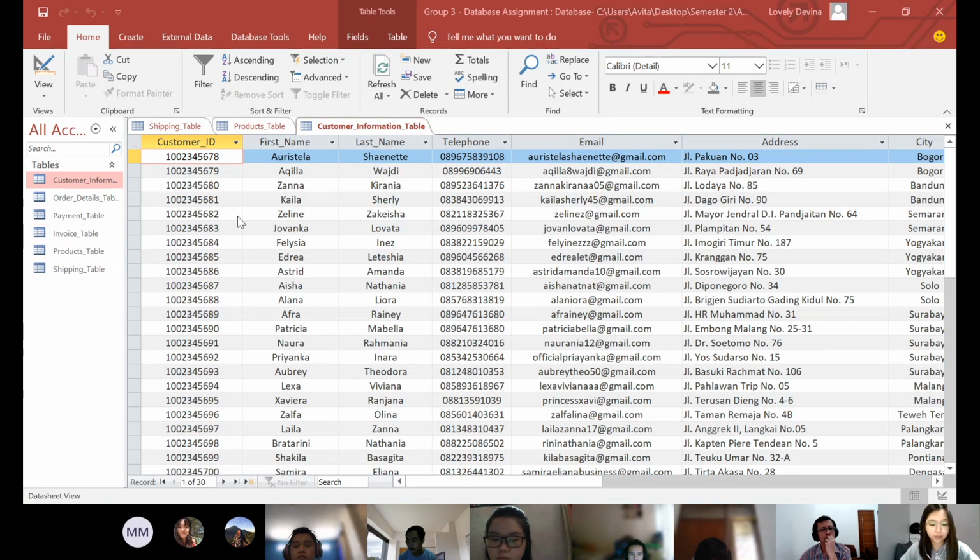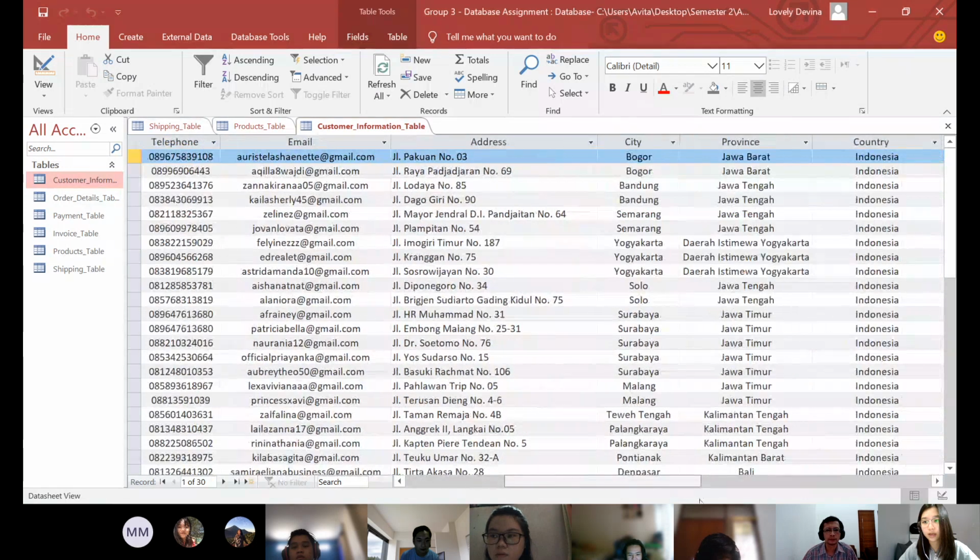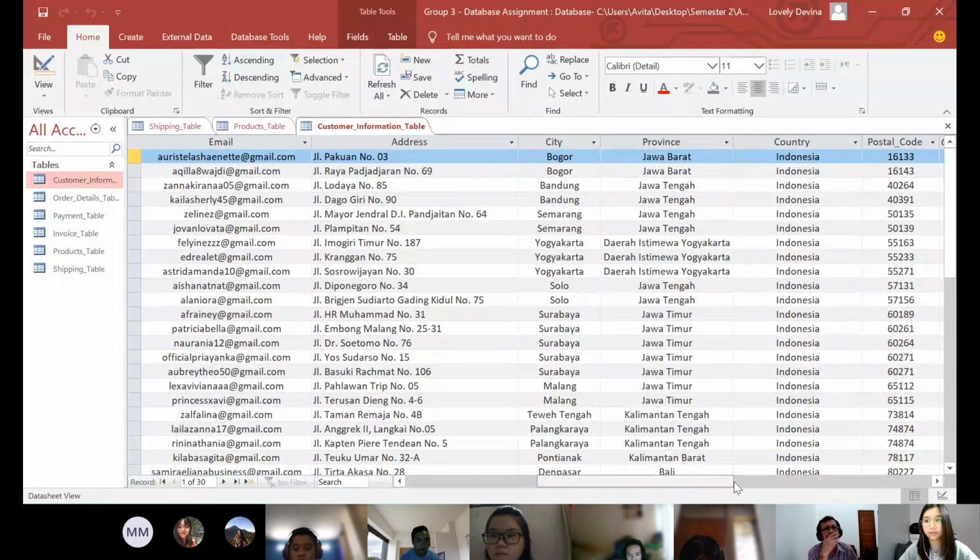And in these tables, we use 30 customers' data. The first table is the customer information table that consists of customer ID, the first name and last name of the customer, the telephone number, the email, the address, city, province, country, and postal code.